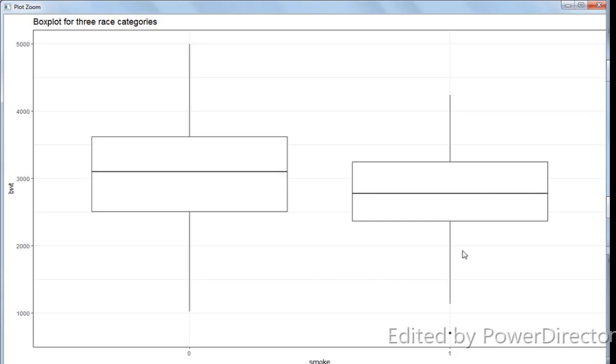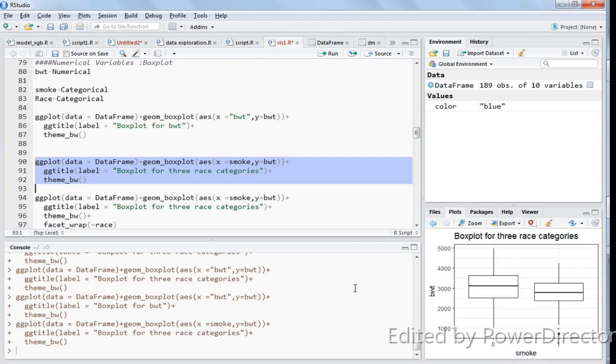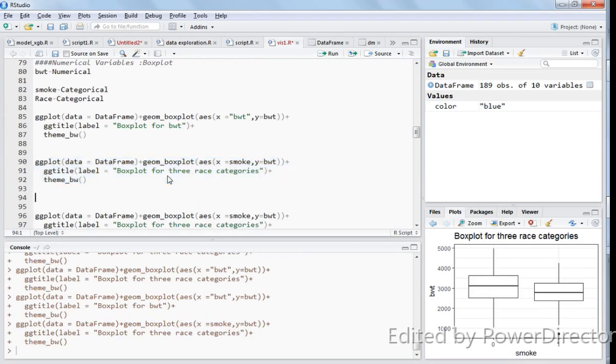One thing worth noting is that the median BWT of smokers is lesser than the median BWT of non-smokers. You can compare the median values of BWT across the smoke categories. The same thing you could do for race also,